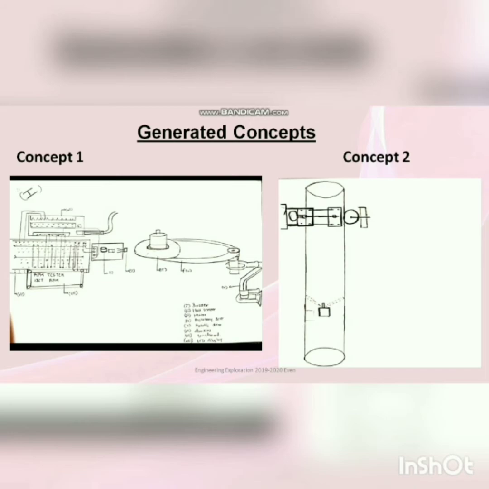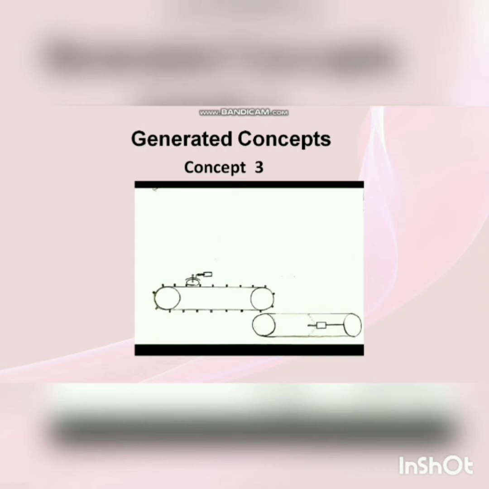Here we have generated some concepts for measuring RPM of motor. Concept 1: a robotic arm is used to hold a motor and a conveyor belt is used to move the motor. But here we cannot sort the motor based on their RPM. In concept 2, we are using a conveyor belt to move the motor and sort the motor based on their RPM, and a servo motor is used to hold the motor. In concept 3, we are using a conveyor belt with slots, and it holds a motor.